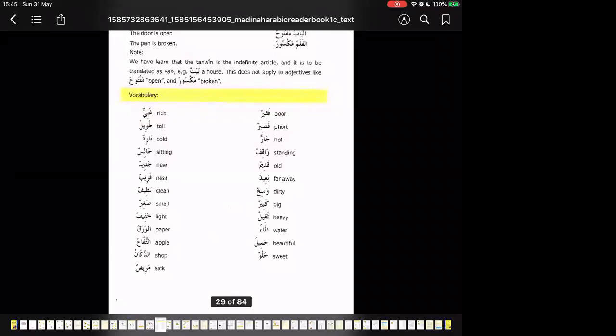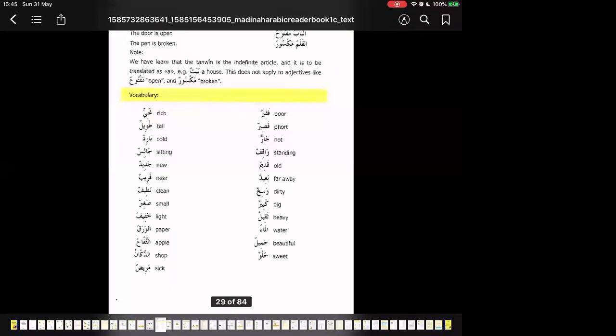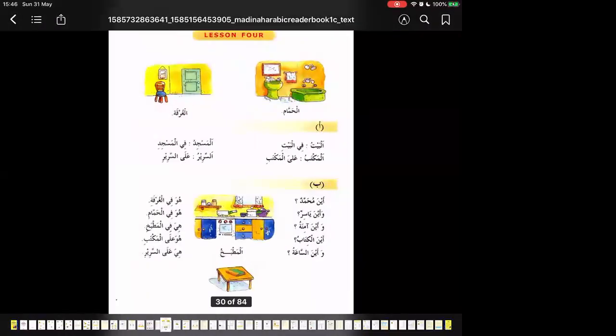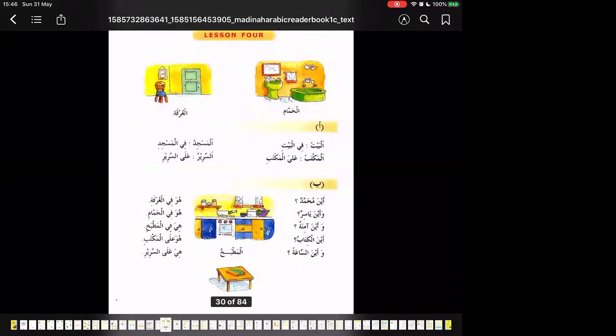Khafif, light; thaqil, heavy; waraq, al-waraq, paper; al-ma, water; al-tuffah, the apple; jamil, beautiful; ad-dukkan, shop; hulu, sweet; marid, sick. Okay. So now in this lesson, lesson 4, up to there we did a little